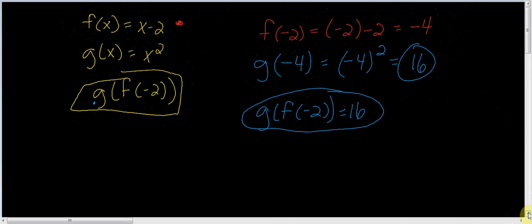Alright, let's do another problem here. Maybe I'll try to use some different colors so it's easier to see what's going on. So let's use the same two functions actually. We'll write them in different colors. So we have f, which is x minus 2. We have the function g, which is x squared again. And what we're trying to find this time,